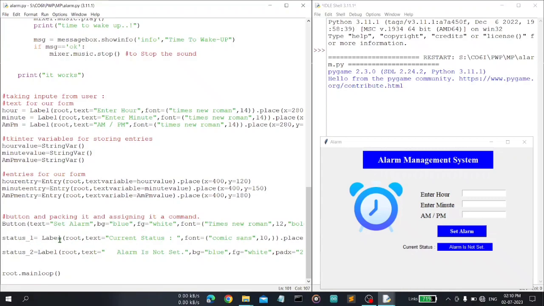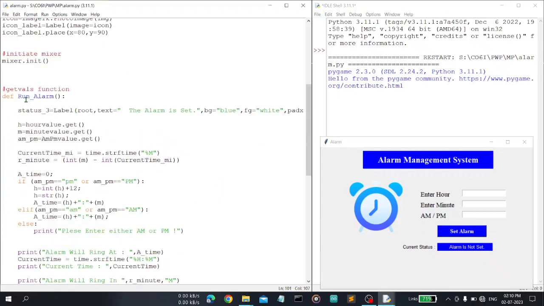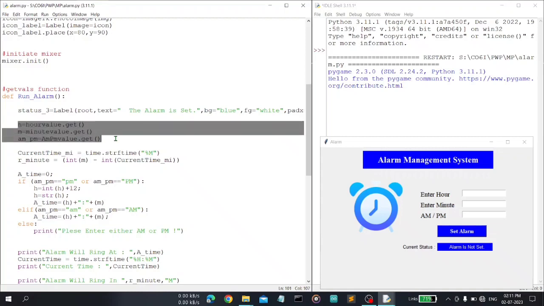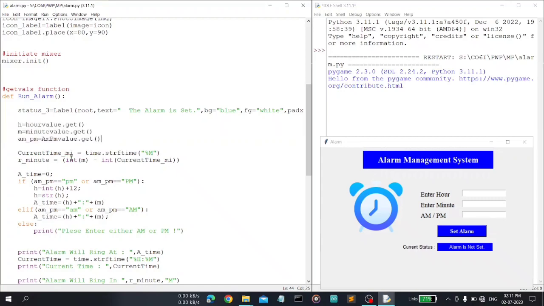And these are labels, that is current status. As you can see here, current status, and alarm is not set. So initially this will display as alarm is not set. When the user clicks on this button, this function will run as run alarm, and you can first see here the alarm is set. So this message will be changed here. After that, hour value dot get, minute value dot get, and ampm value dot get. So I am getting these values from the user into these three variables h, m, and ampm. Then current time minute, mi means minutes. Here I am getting the current minute value from this module,